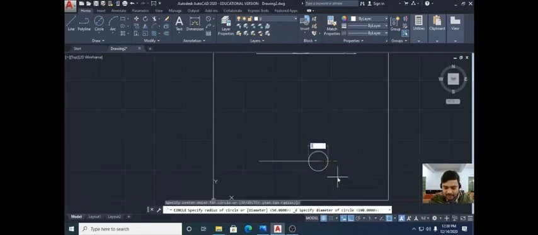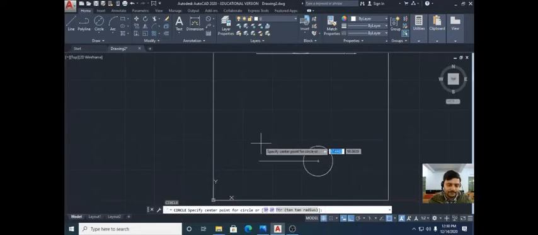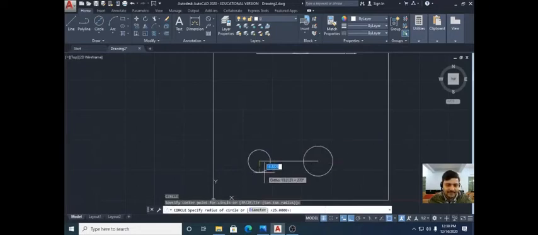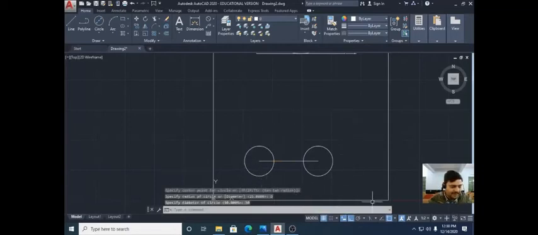The diameter is given what? 50. Again press enter. Whenever you press enter, the last command will be repeated. The last command was the circle command and you can see that it is repeated. And diameter is what? What you have to do is press onto the diameter part, and it was given to us, it is 50, I think. Okay, it is 50. So we have made it easily.